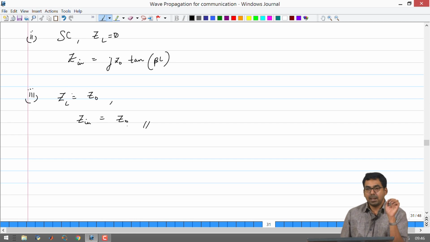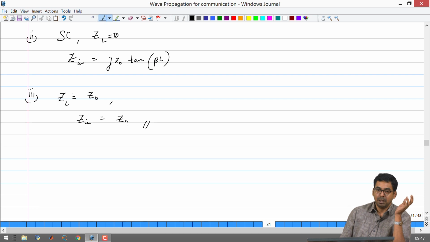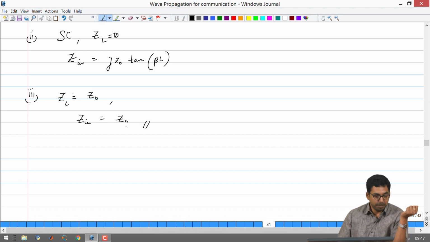So, in these cases, even though you have an AC input excitation, we do have fixed places on the transmission line where the voltage is going to be 0 or the current is going to be 0, and you are going to have fixed positions where the voltage or currents are going to become maximum. So, we call these kinds of waves standing waves. And soon we have to analyze the meaning of this standing wave. Does it tell you anything about the termination? Can any more information be arrived at? What is the consequence of standing waves on the power to be delivered? All these things have to be seen. So, we will go forward in that direction. I will stop here.